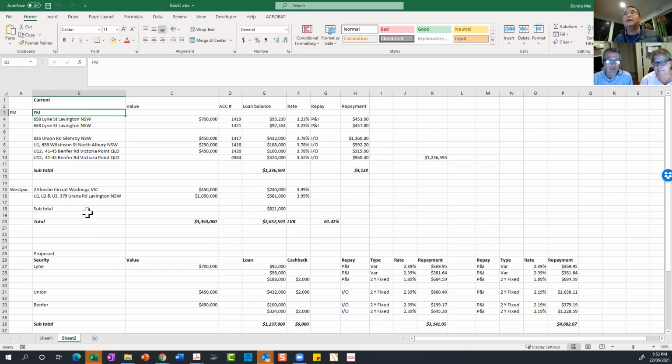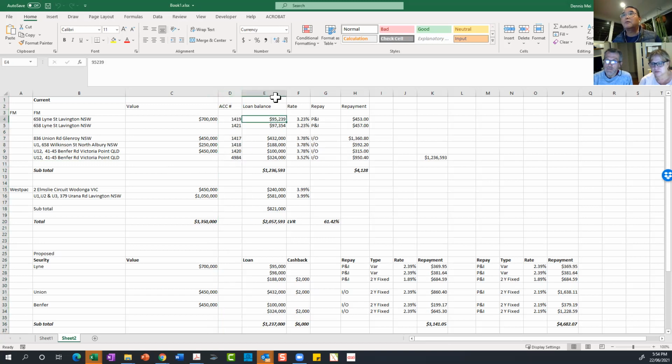Okay, let's see. For example, this spreadsheet is where I put all the information. Can you see all the values of your properties? Yes, we can see it. You see, right? Okay, cool. These values are estimated using CoreLogic. Now, this account number in this column is the loan account number from First Mac,